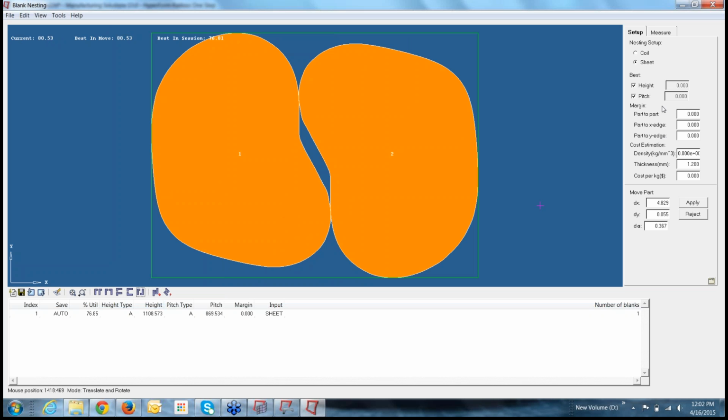You can also use this option to control your part to part margin, part to x edge margin, part to y edge margin, or you can even estimate the cost using the density value, or you can even move the part. This is currently in sheet format. If I set it to coil,